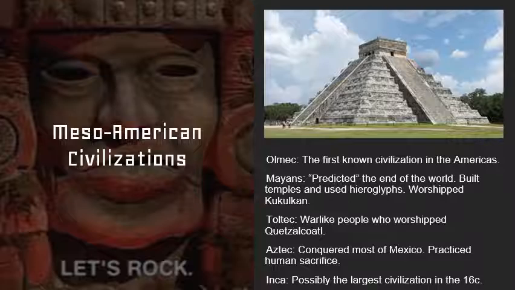Now, in Middle America, though, in Latin America, there were several civilizations, and these guys are also going to do a really good job of illustrating that same point of continuity that we were talking about before. And so once again, each of these groups are kind of overlapping with one another. Most of them exist in similar time periods, but we're going kind of linearly. We're going to start with the first one. We'll end with the last two surviving Mesoamerican civilizations.